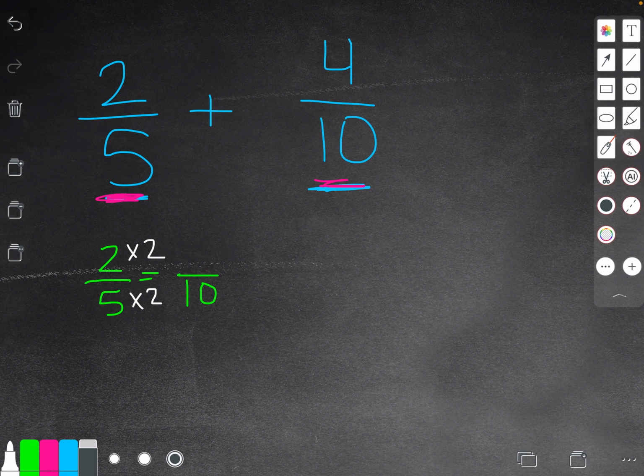We have to also cut the pieces that we have, aka our numerator, into the same number of cuts or number of pieces. So 2 times 2 for our numerator is going to be 4. Now my next step, first step, change the denominator. Second step is going to be rewrite our problem. So our problem in this instance now, I know that 2/5 was changed to 4/10, so I'm going to rewrite it 4/10, and I'm going to add